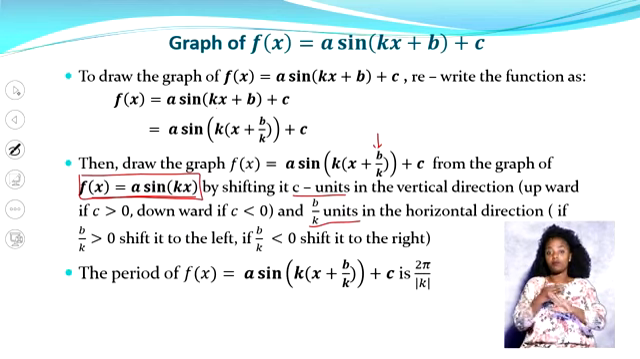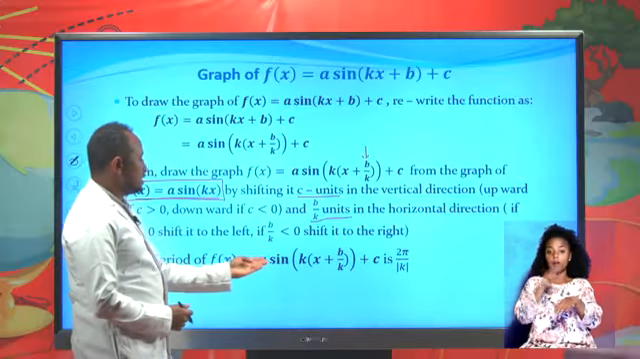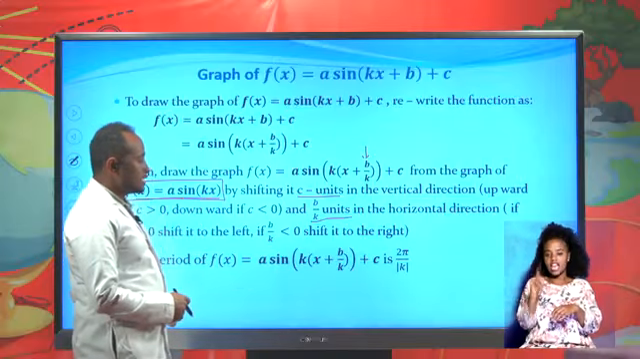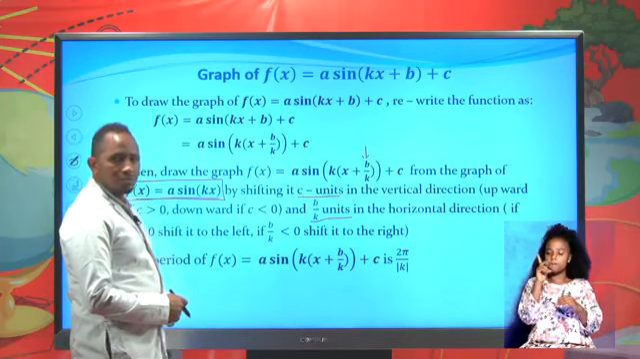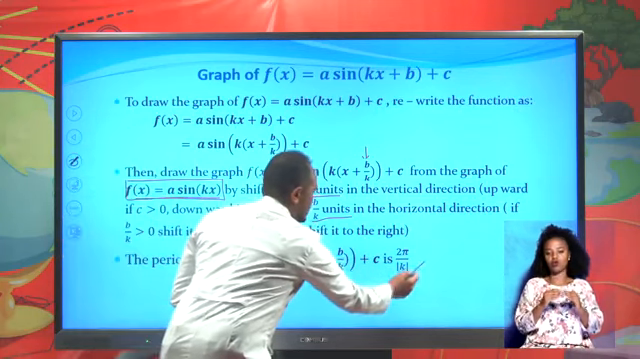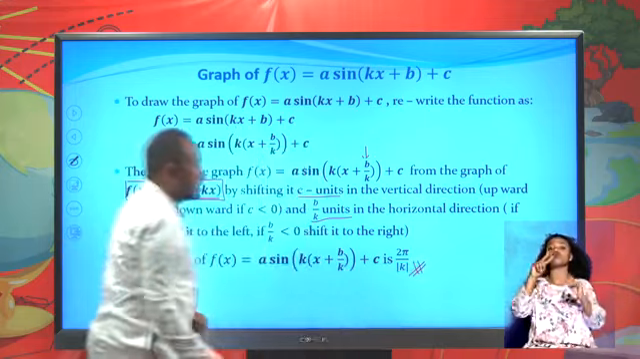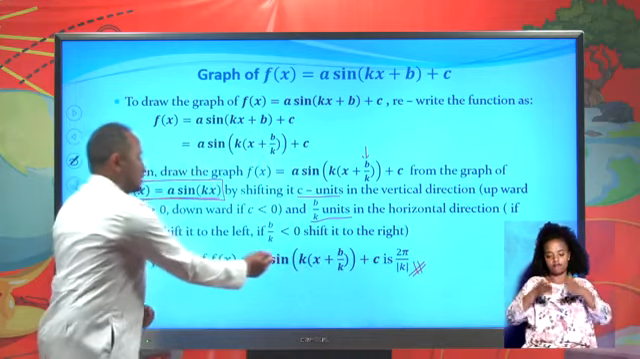Before the example, the period of f of x equals a sine k into x plus b over k plus c will be similar to this one. The period of a sine kx and a sine k into x plus b over k plus c is 2 pi over k. Simply, you divide 2 pi by this coefficient,